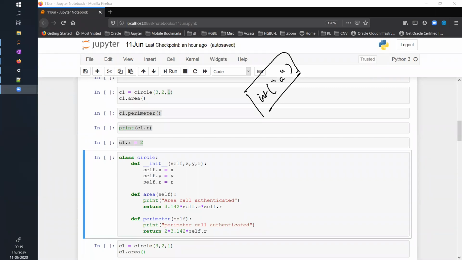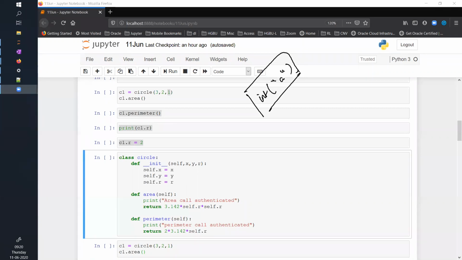That is, the distance of the center of the circle from the origin, and the minimum distance of the circumference from the origin. That capital D and small d, both you can include. Similarly in triangle, all the functions depending on your type of triangle, I mean classify the triangle, and some of the things that we have already done in our assignment, try to implement in object-oriented programming.